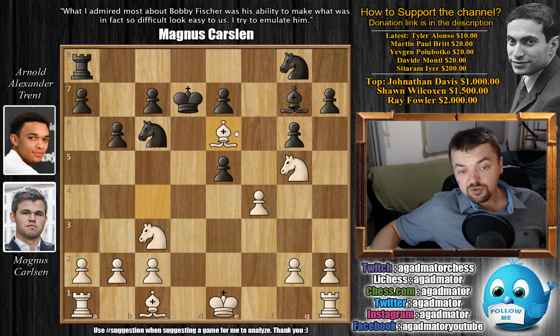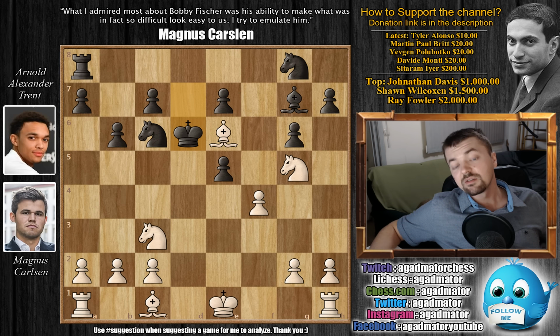We have bishop captures on e6, this comes with check. King to d8 would give black some more opportunities to fight, but here Trent played king to d6, and now I really don't know how this software was aiding him in any way, but feel free to pause the video here and try to find the winning move for white. I'll give you a couple of seconds if you want to decide whether to do it or not.